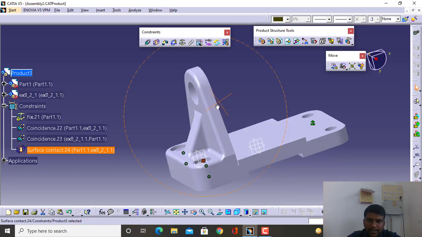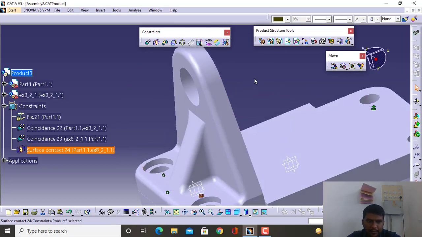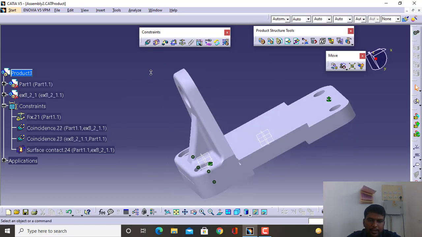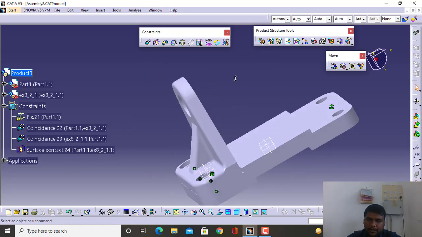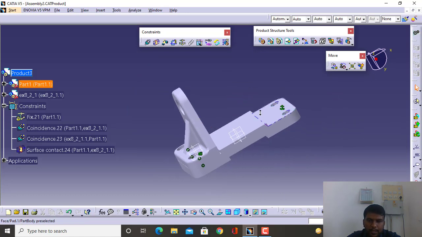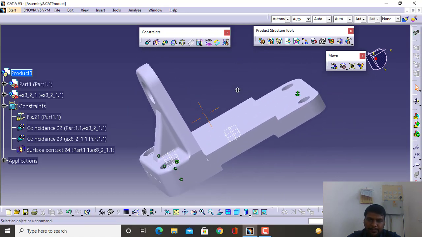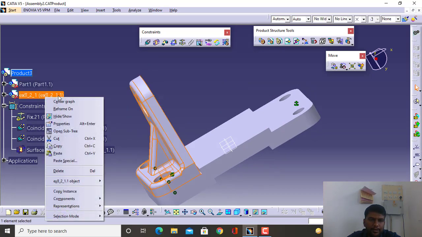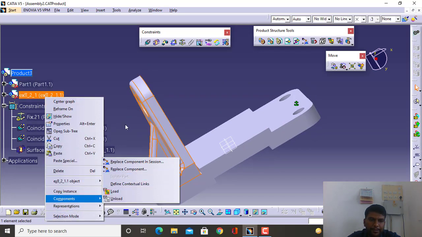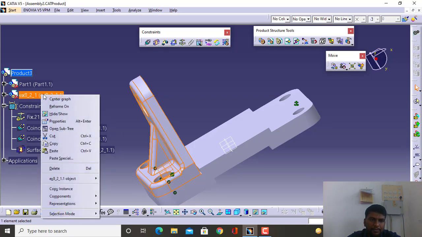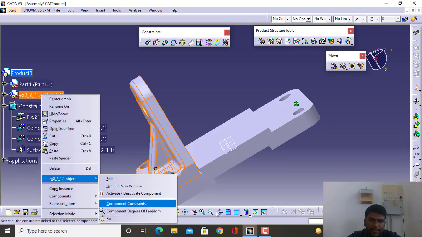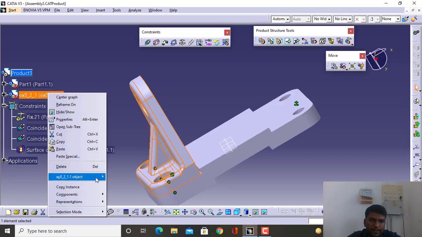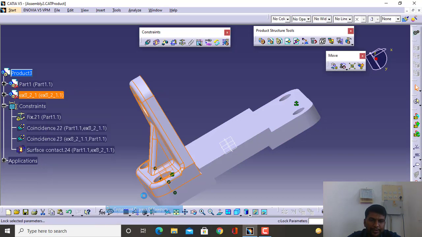Okay, right. So these three constraints are now activated. Without selecting the update option, those constraints will not be updated, the latest one. Similar procedure here. Again you can go here and check the component degree of freedom. So you go to the part name, right click and select component degrees of freedom.